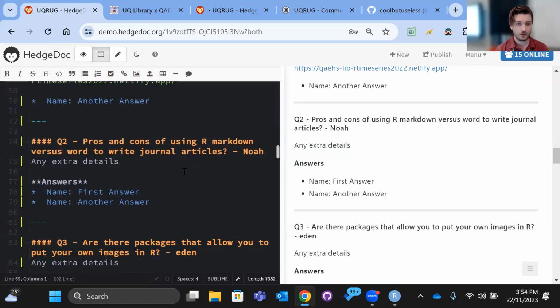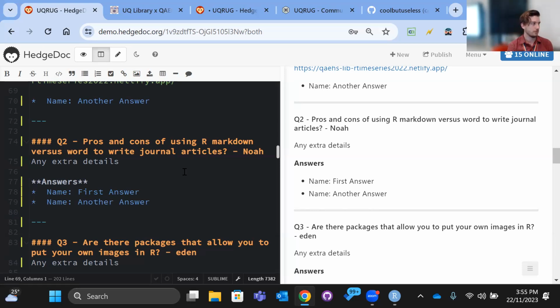Question 2, pros and cons of using Markdown versus Word to write journal articles. Who is Noah? Noah, are you in person or online? This sounds like a roundtable discussion, so I'm happy to throw this out to everybody. All I'll add is that I'd be using APA 7, which is the psychology format.